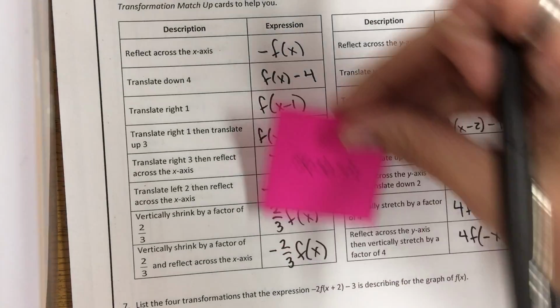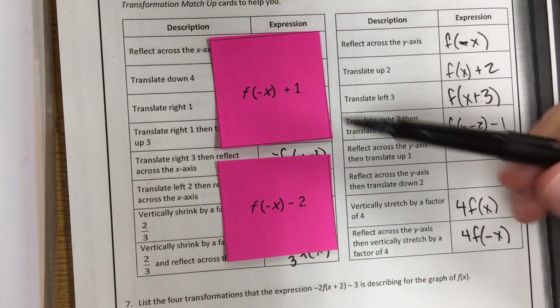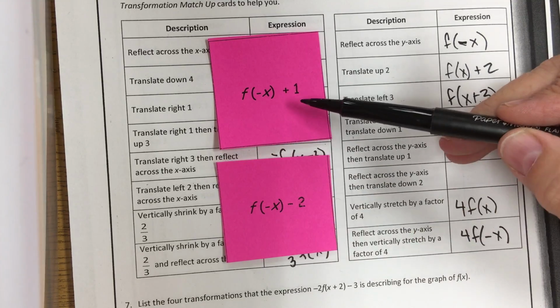Then I have 2 left. I have this one left, and I have this one left. If you notice, they're both being reflected over the y-axis. This one I'm